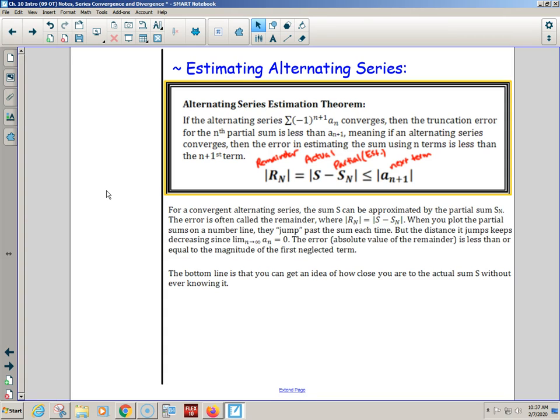I think it was the piecewise one. But now we have a way for alternating series. If they converge, if they diverge, we'll forget it. Why estimate a divergent sum? Because there isn't a sum. But if it's a convergent alternating series, we have a way to estimate. So, if the alternating series converges, ooh, wait a minute, hold on, alternating, this is an error thing. If the alternating series converges, the truncation error,